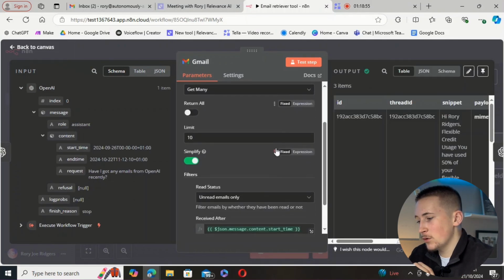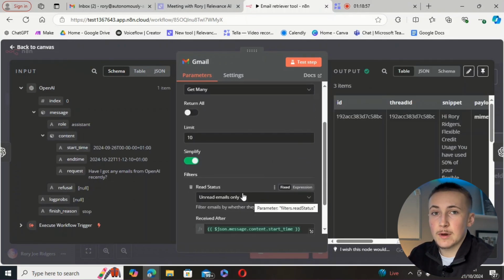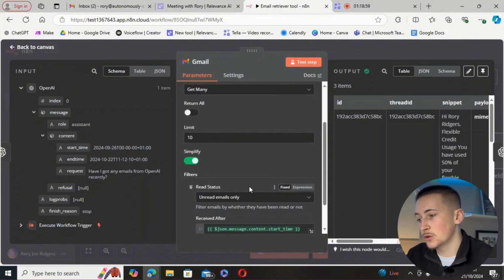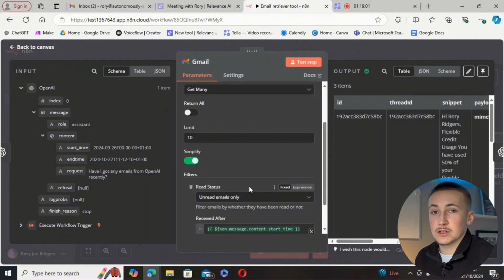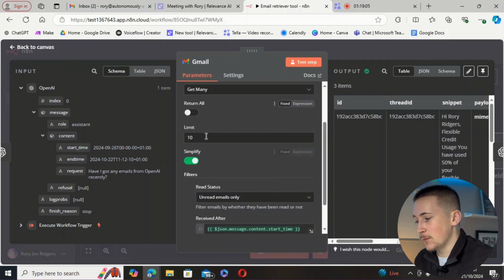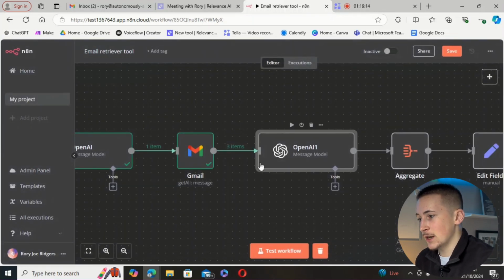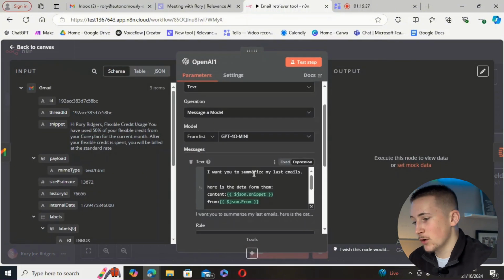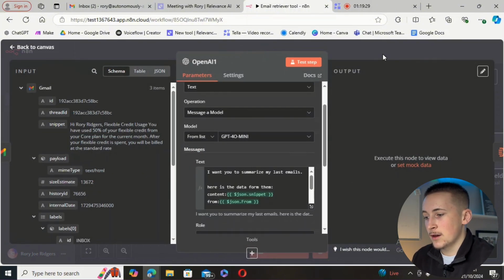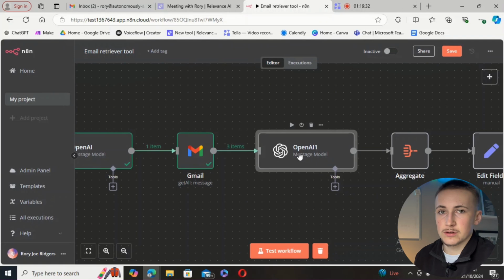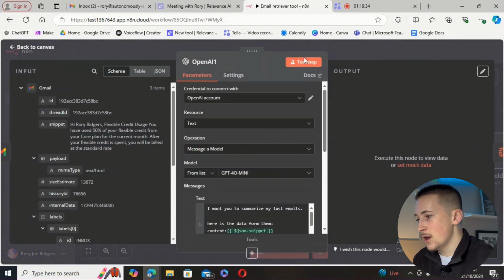Okay, so I've just gone ahead a little bit, and what I've done is I've set it to unread emails only. So differently to the Relevance AI tool, we want to try and get just the unread emails. Just to change the tool up a little bit, I've put the limit as 10 and then received after the start time here. And then what we have is an LLM step that's basically just going to summarize that data. And then after that, we have an aggregate filter that's just going to filter all of it into one thing. So if we test this step,